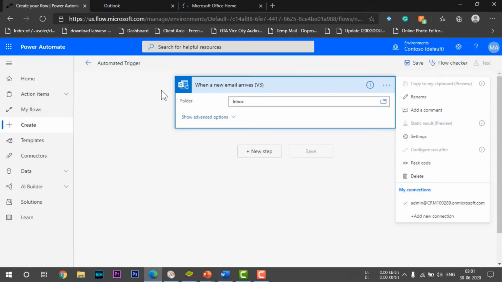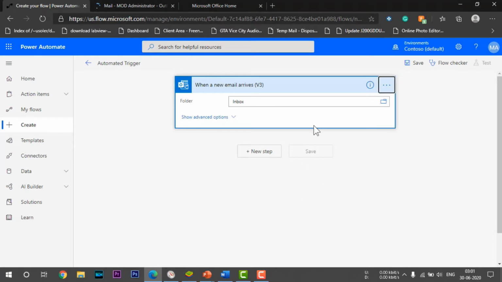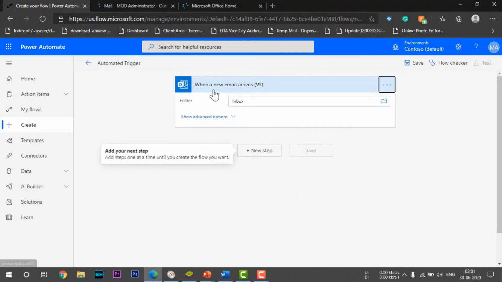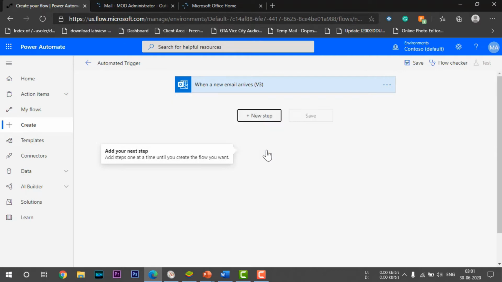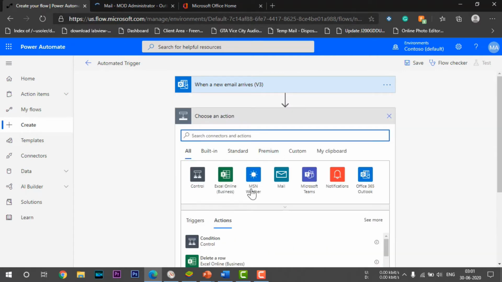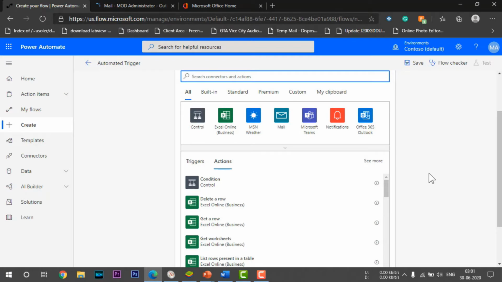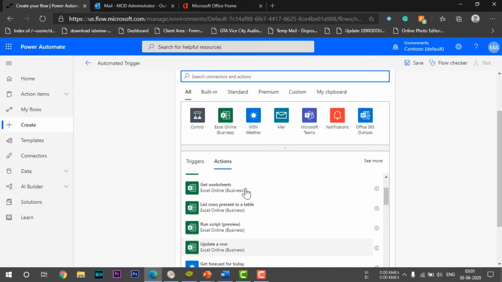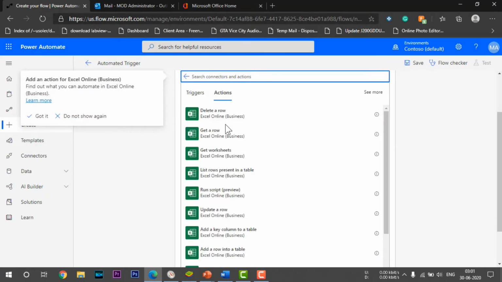Okay, so here is my Power Automate. So here this is the trigger, whenever a new email arrives. The next step can be anything you can choose from here. If it's related to Excel, then you can delete a row, get workbook, get row present in table.